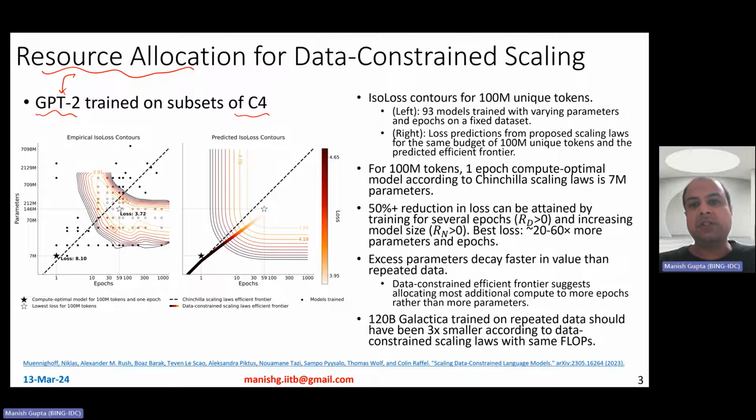So basically, they made sure that they are using a 100 million parameter model. In this particular case, they're using 100 million unique tokens. So they're using a subset of C4, which is 100 million unique tokens, okay? And they varied the number of parameters, and they also varied the number of epochs for which you will run this model. So the 100 million unique tokens, of course, if you run like 1,000 epochs, you're basically talking about an overall 100 billion pre-training tokens in that sense, which are non-unique ones.